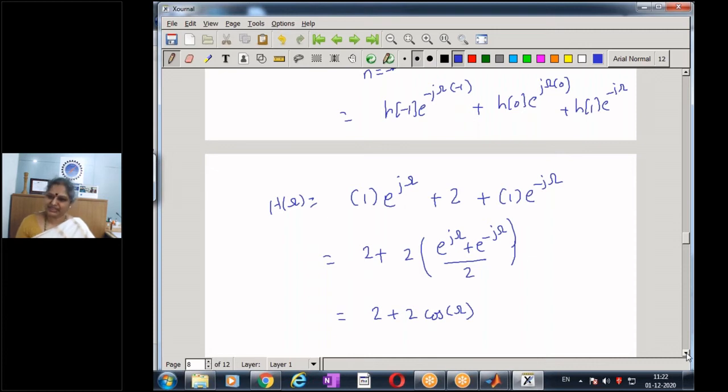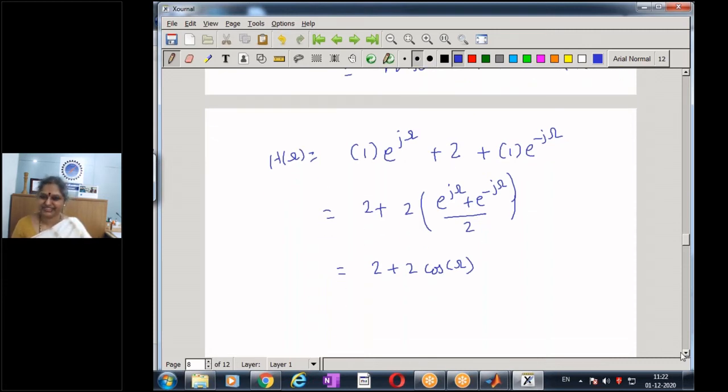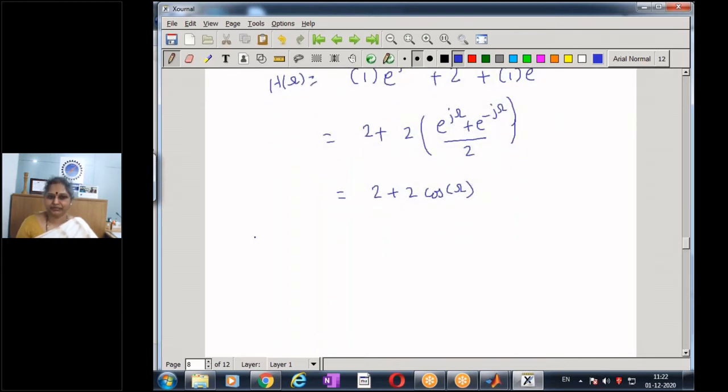So I've taken a very simple example and I'm able to compute it without taking any help of a tool, because we wanted to take a very simple example to understand the concept of discrete time Fourier transform. So now my signal in my time domain h of n is 1, 2, 1 and 0 otherwise. Now this signal in the frequency domain has a response given by 2 plus cos omega.